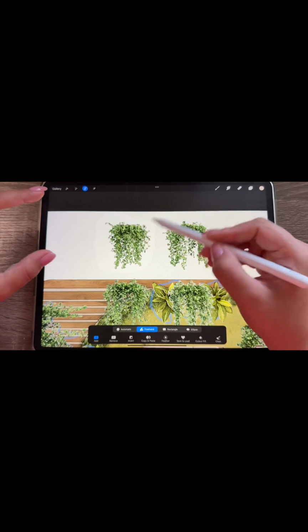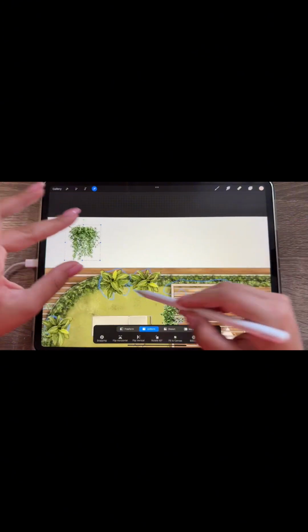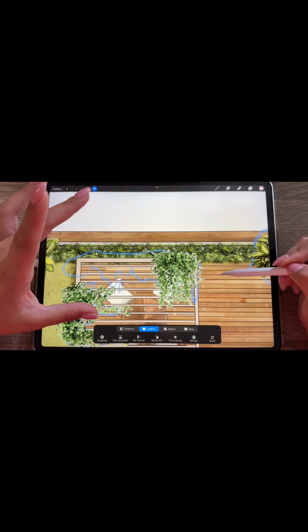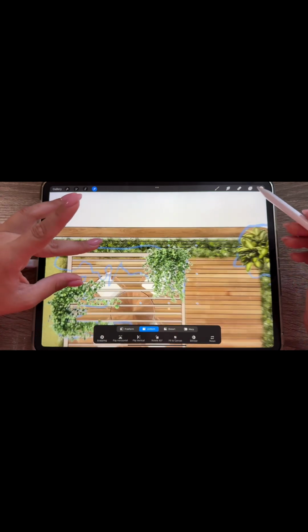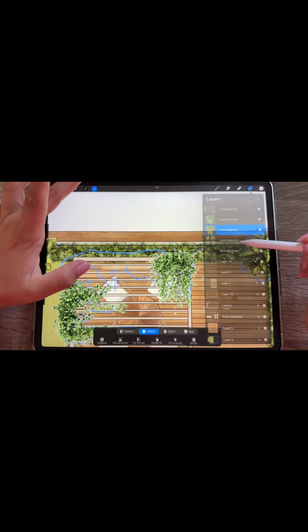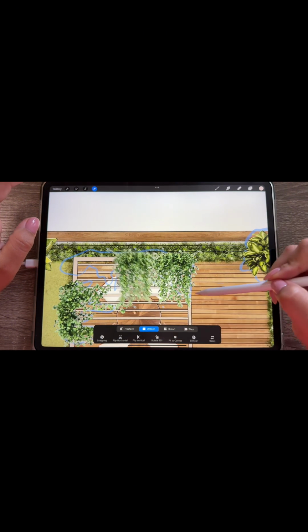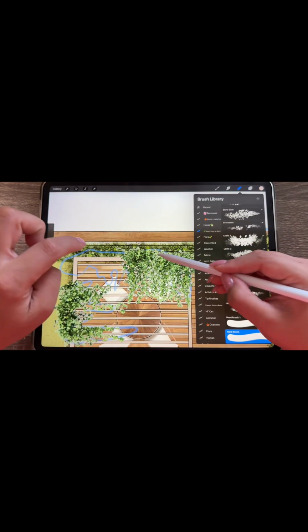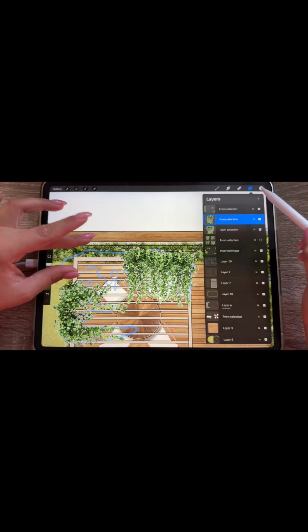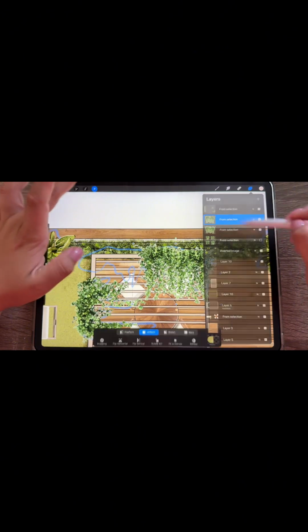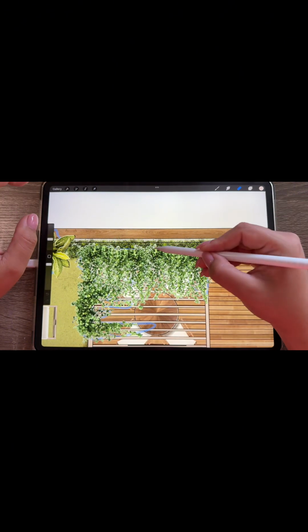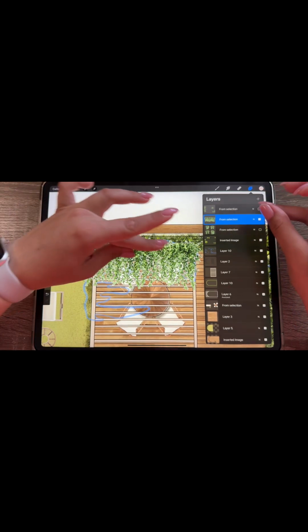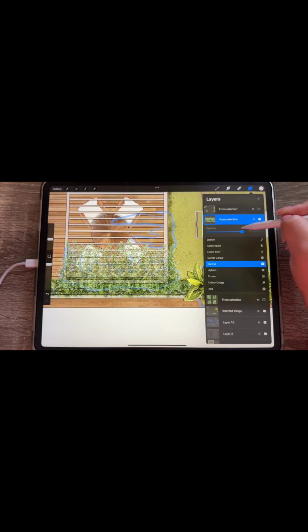I will take this part, copy paste and move it all the way here. Why did I choose this one? Because it has a lot of leaves, so I can delete and edit them in the shape that I need. So I'll duplicate it and move it here. We can flip it even. You see this part is too visible from here that I duplicated it, so I will erase it like this, just a very tiny bit. And again, duplicate, erase this part, and I will combine them together, put the opacity a bit lower,